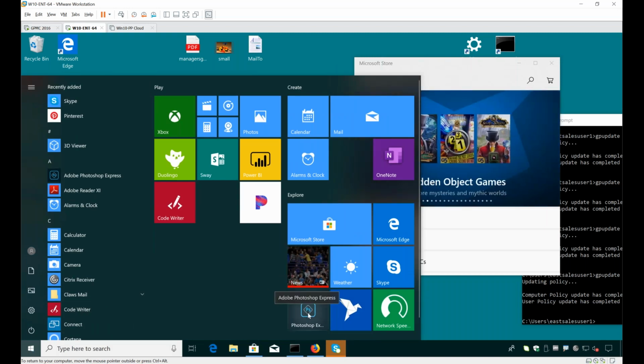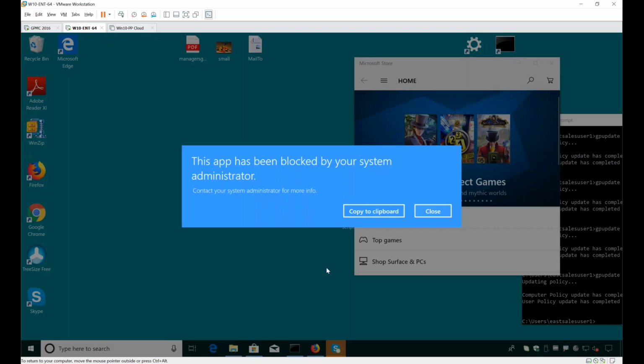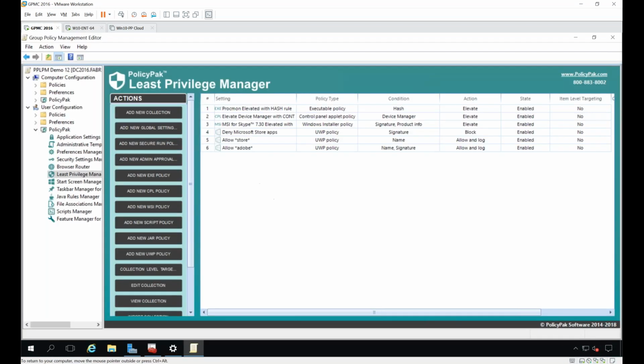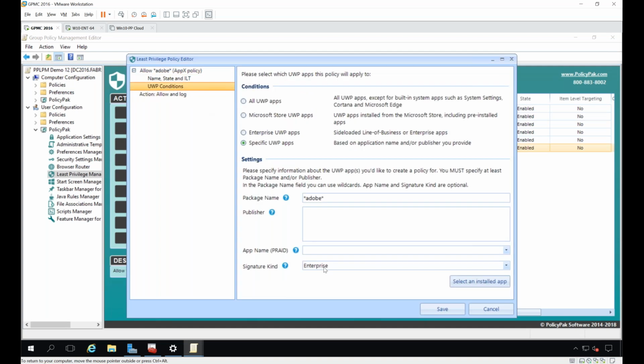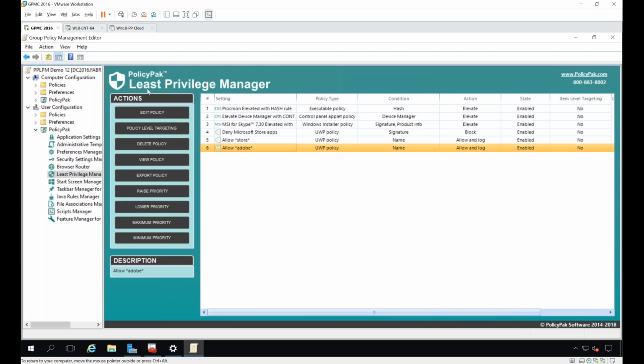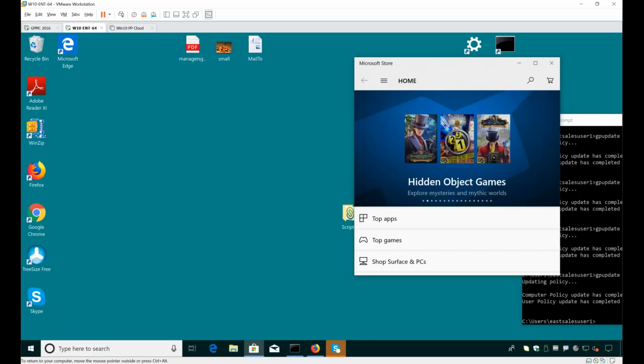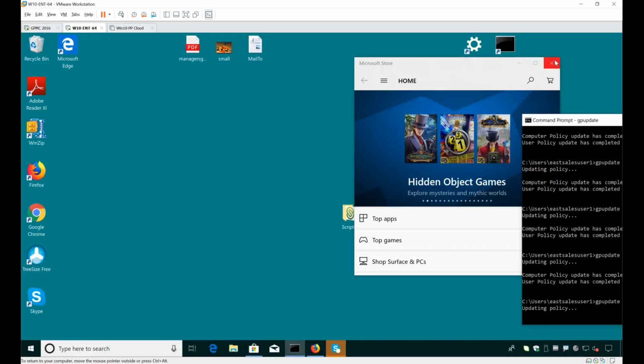But Adobe stuff, if you download, whoops, did I get that wrong? Let's fix that. What did I do wrong here? Name, oh, I have two things in there. I did have it wrong, name and signature. Let's fix that. Name and any, there we go. Okay. Let's try that again.